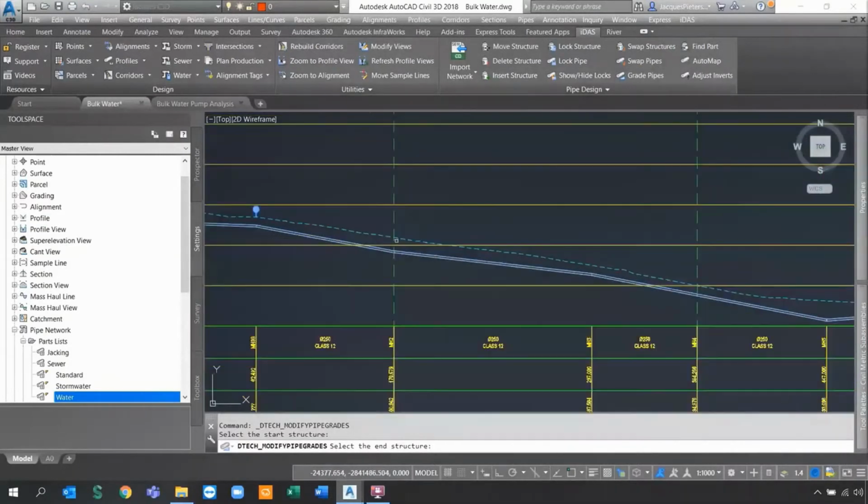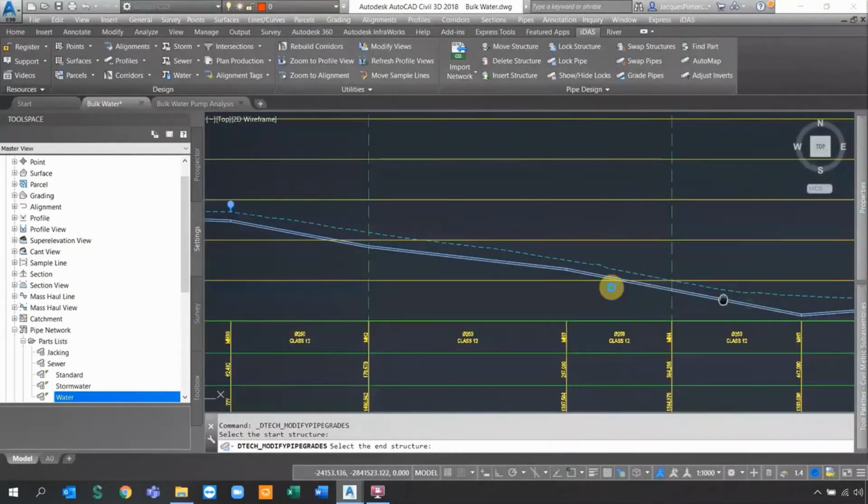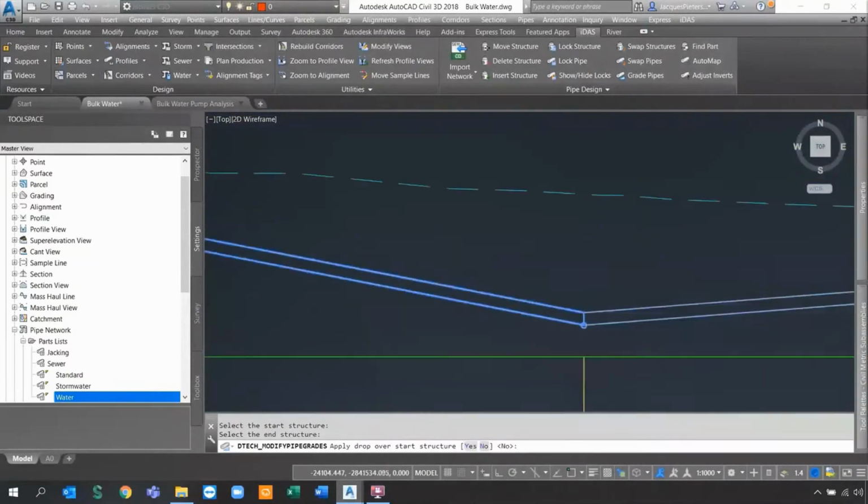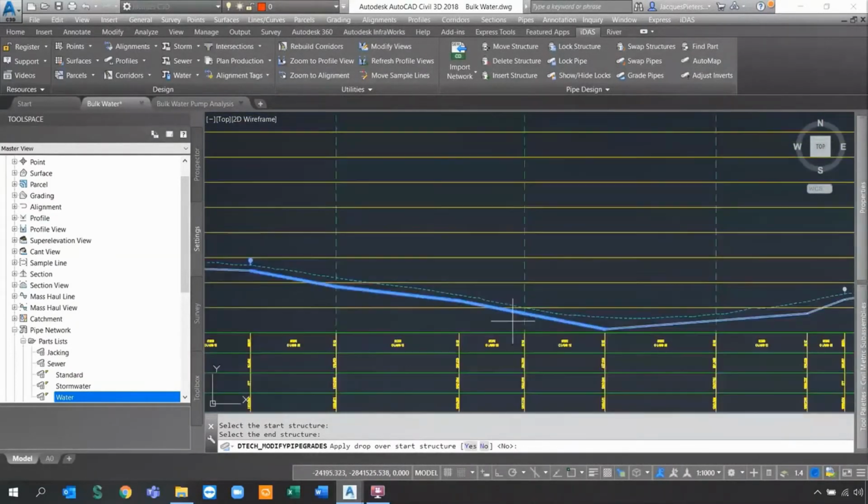If I select the one structure in between another structure, let's say this lower point, we have this grade command that can actually grade multiple pipes simultaneously. So it's going to ask you, do you want to apply a drop as well as specify the pipe matching inverts or ground or centers? You can actually do that, as well as provide a value drop between the structures. Now, I don't want that. But if I want a specific slope, let's say 1 in 30, you can see it regrades that entire pipe